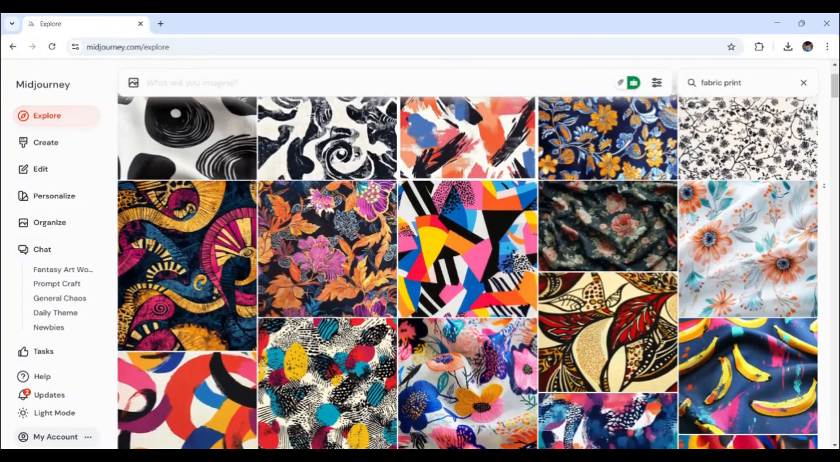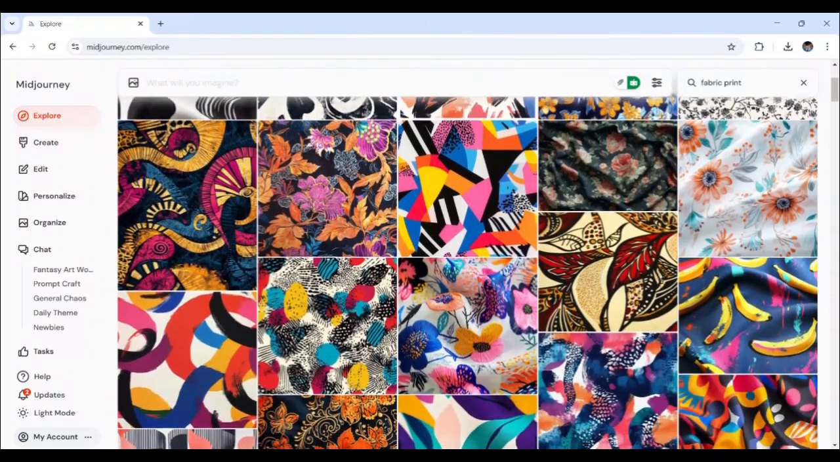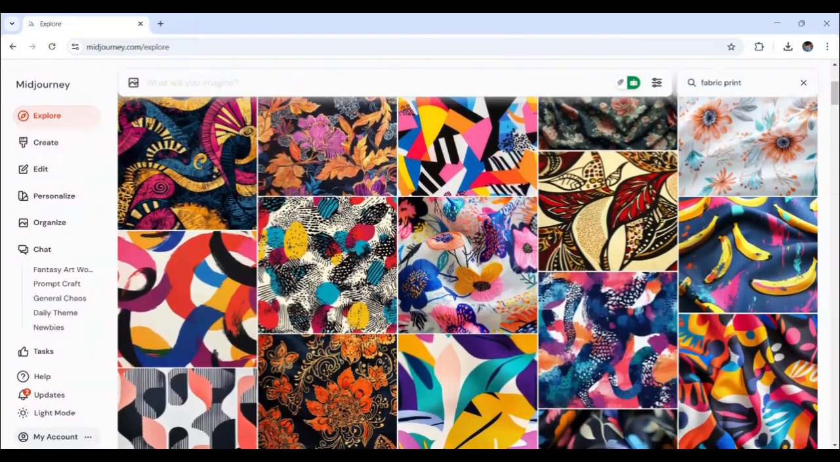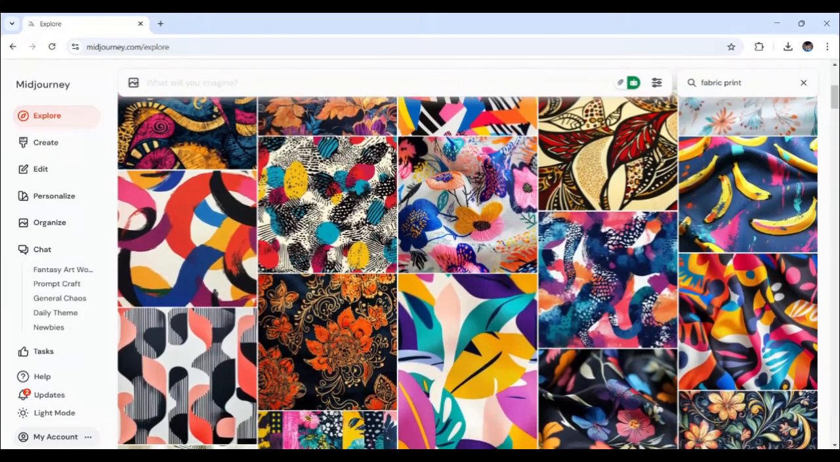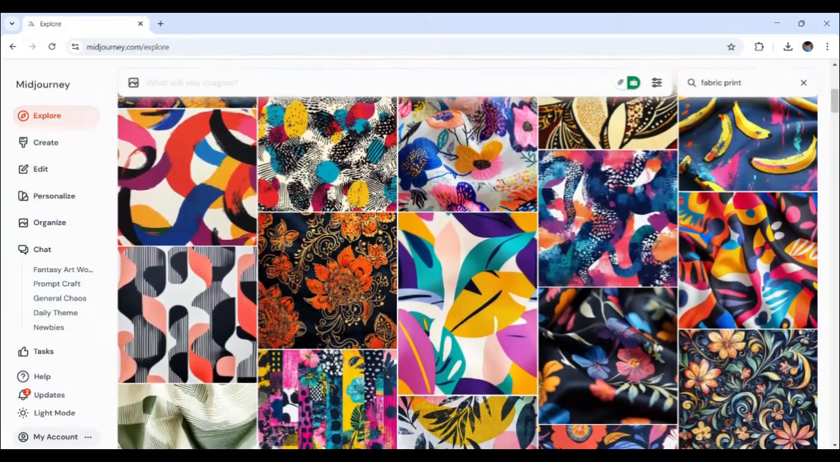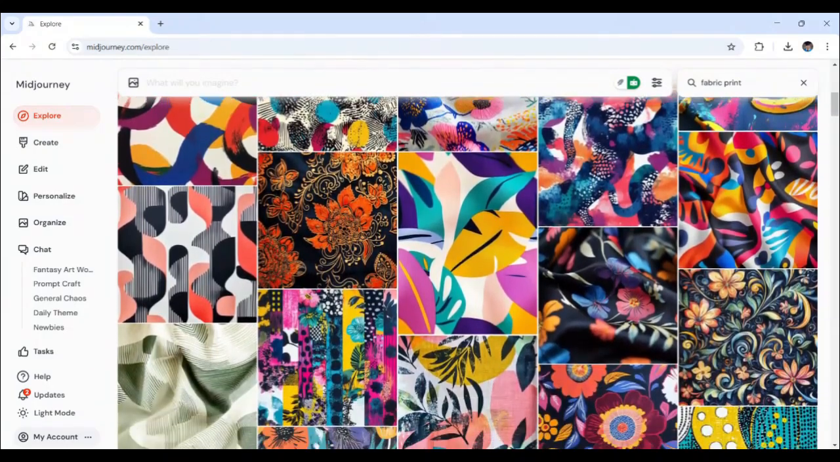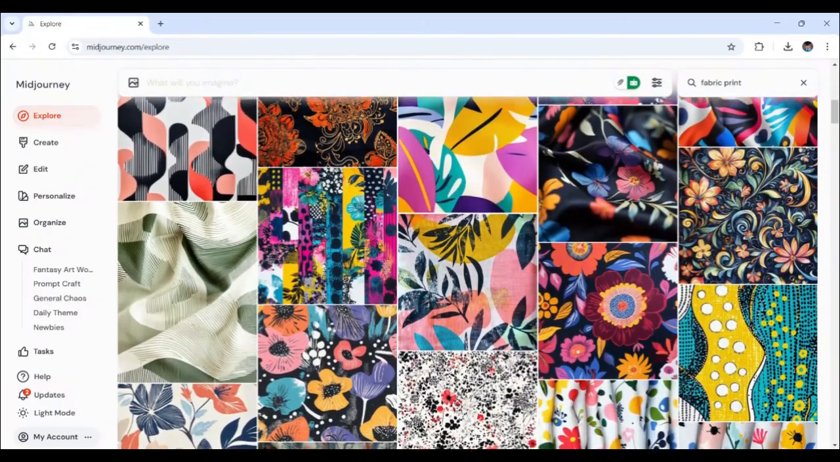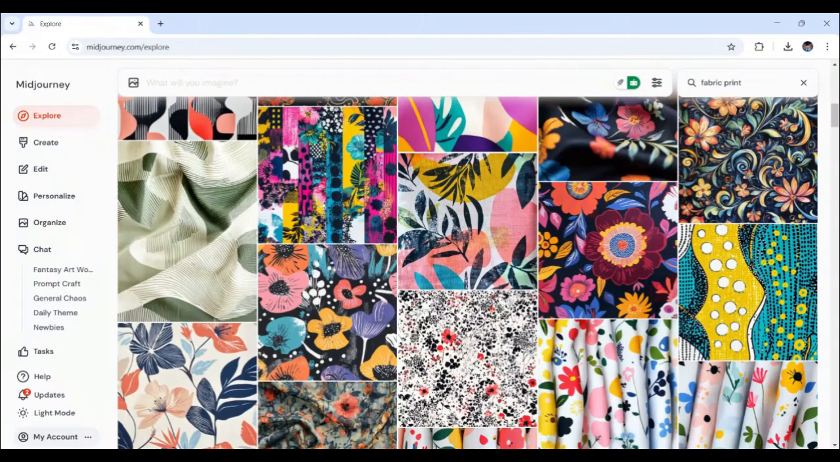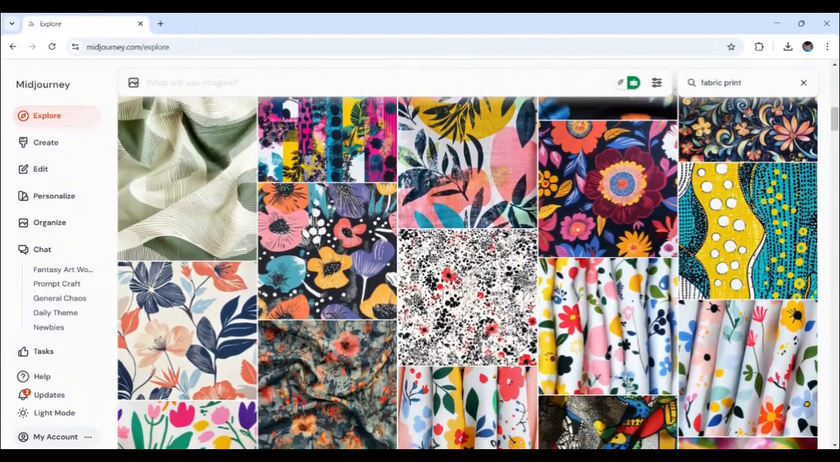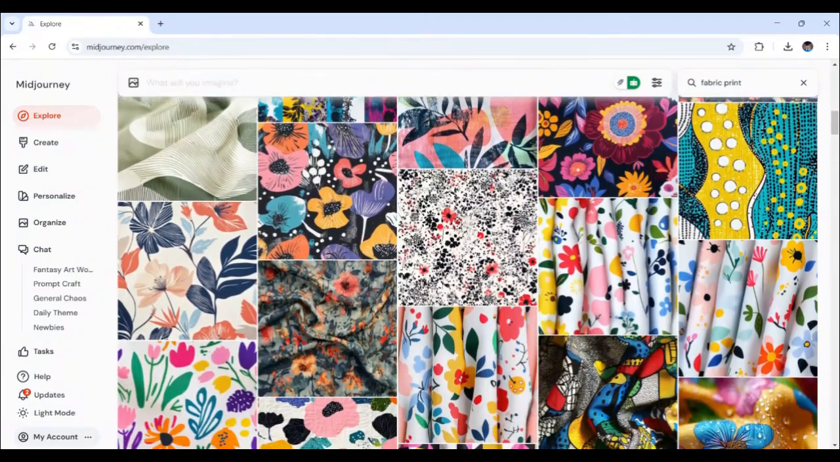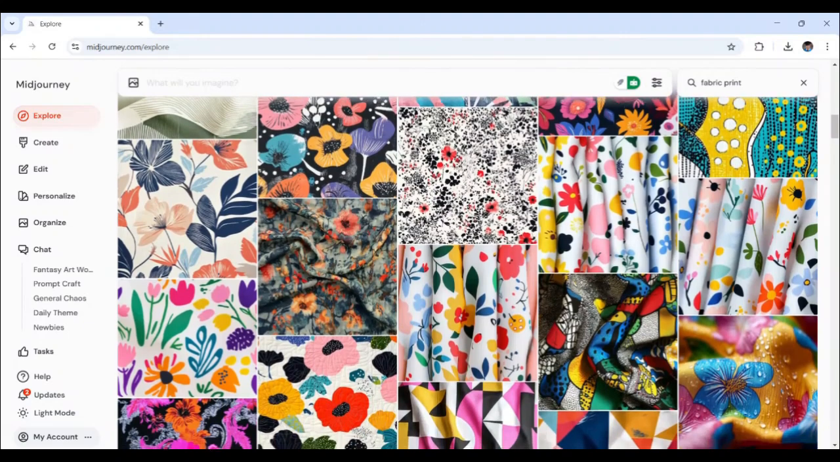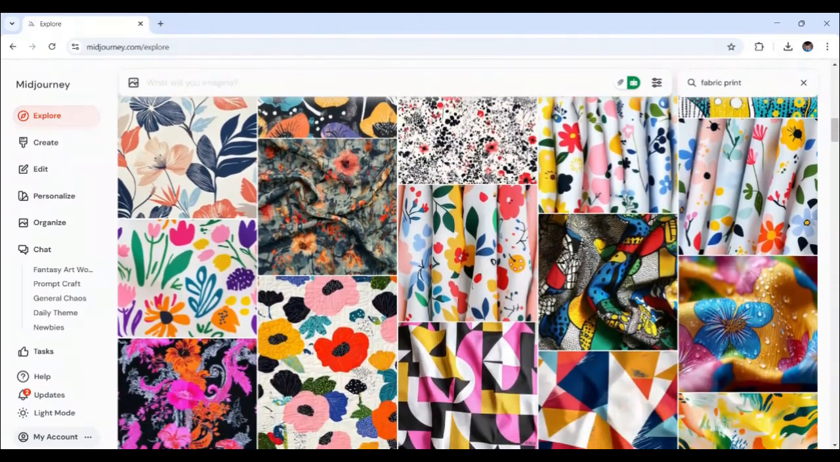Ever imagine turning your wildest design ideas into stunning fabric prints without even touching a sketch pad? Whether you're a fashion designer, textile artist, or just someone who loves experimenting with unique patterns, Midjourney can help you create breathtaking custom fabric prints for your clothing line. So, in this video, we'll explore how you can generate original textile designs using AI, ensuring your fashion pieces stand